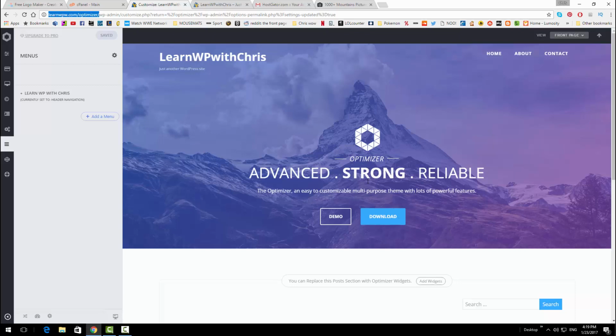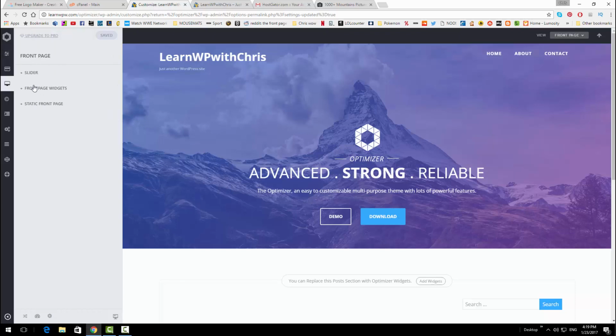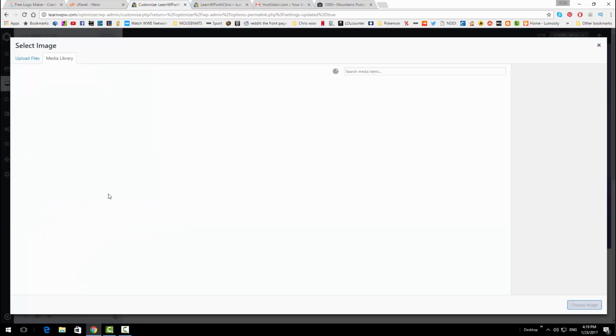So once you've found your high quality image that you're going to want to use, we're going to have to head back to the main menu of here, Optimizer, and you want to go to front page, and then we just want to click on slider, and here is where you change it here. As you can see, there's the one that we have at the moment. So if you just click change image,